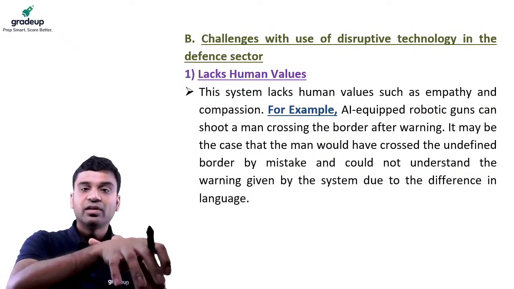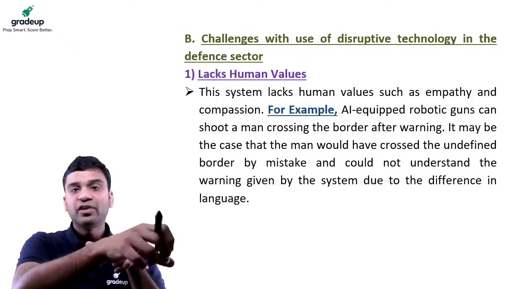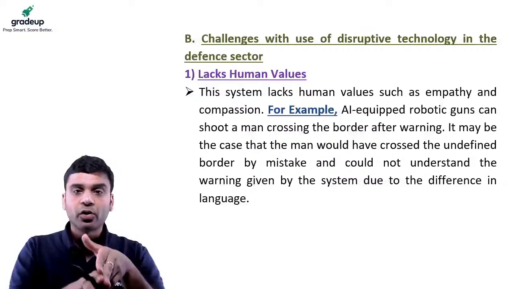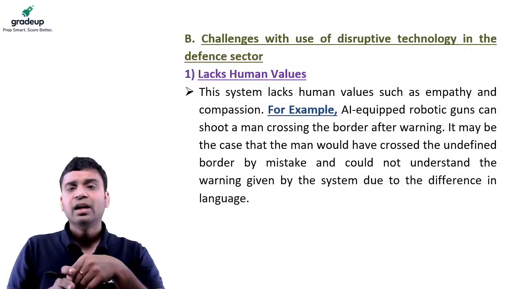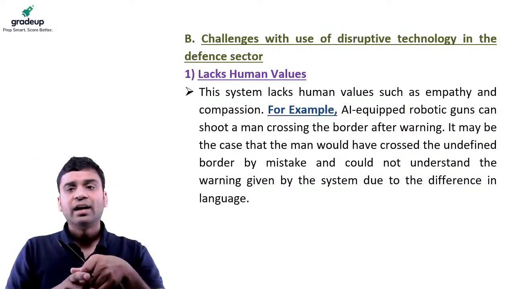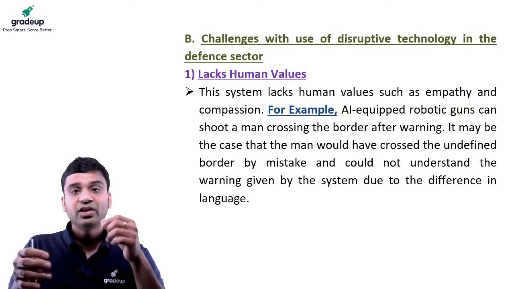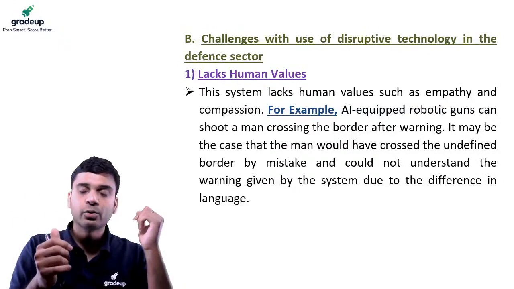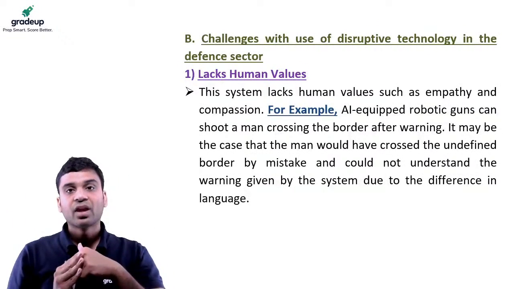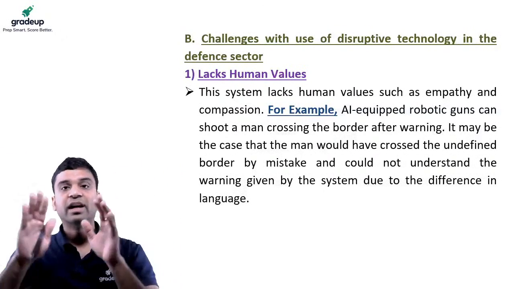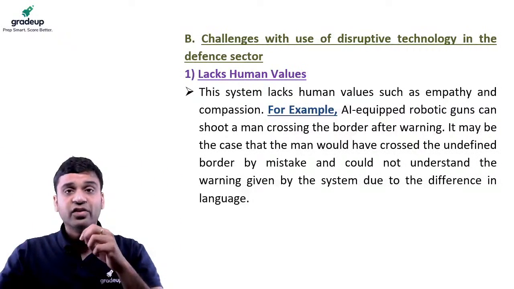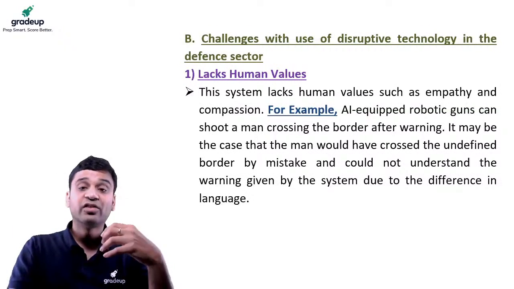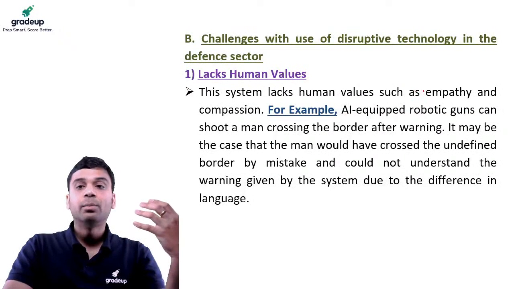So if somebody, if a person from the other side, if he inadvertently crosses the border, or if he's illiterate, he can't see कि this is India's border, and if he's crossed it by mistake, then जो हमारा robot है, the artificial intelligent robot जिसको वहाँ आपने खड़ा किया है, that will directly shoot that person. Okay, even if that person is raising both his hands and is saying help, yeah, if there are women and children, if it is programmed, that robotic gun is programmed like that, it will shoot that person. Okay, so that human values of empathy and compassion नहीं होंगे उसको.